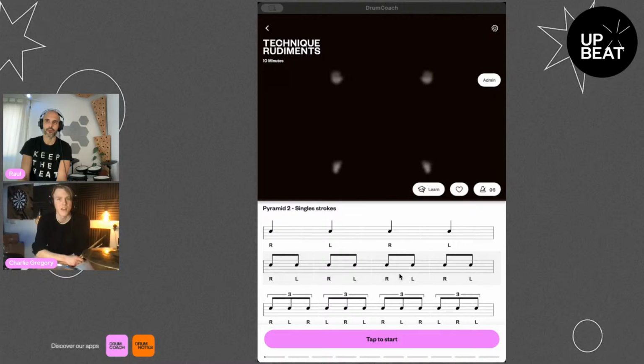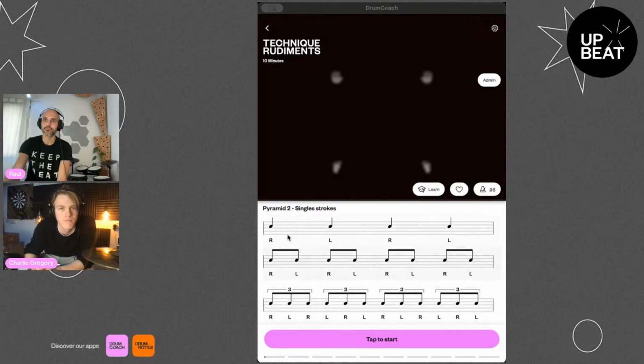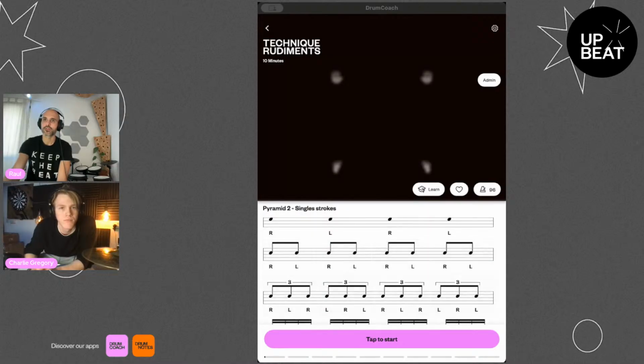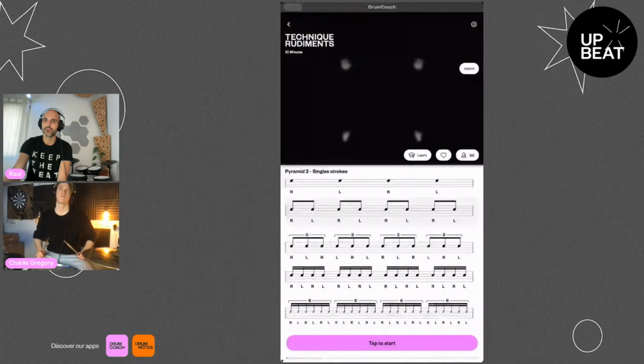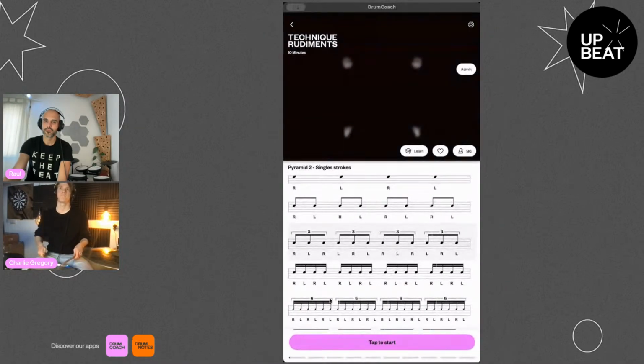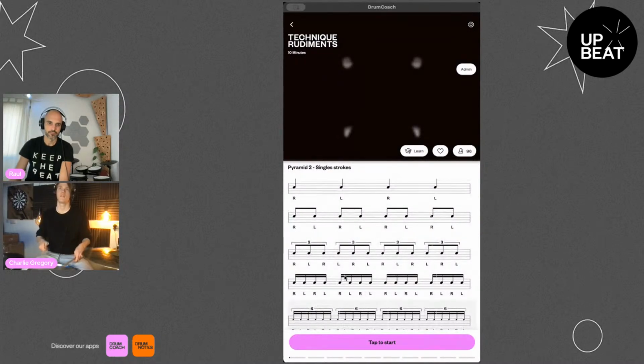Are the eighth notes doubles there? Nope. Singles. I don't always think of rudiments pyramid-wise, you know. I don't know what I'd do with that, honestly.